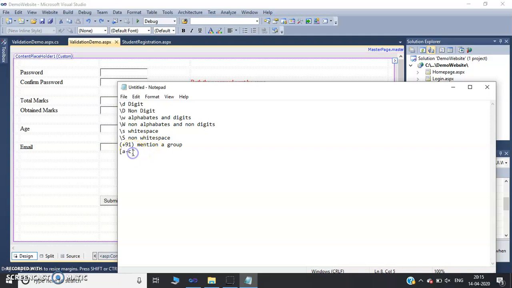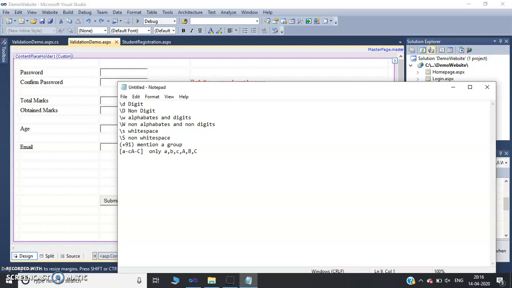Similarly, if you want to provide facility of small letters as well as capital letters, just mention capital A dash capital C. So it will accept small letters a, b, c, and capital letters A, B and C. In the same way, you can give any range.